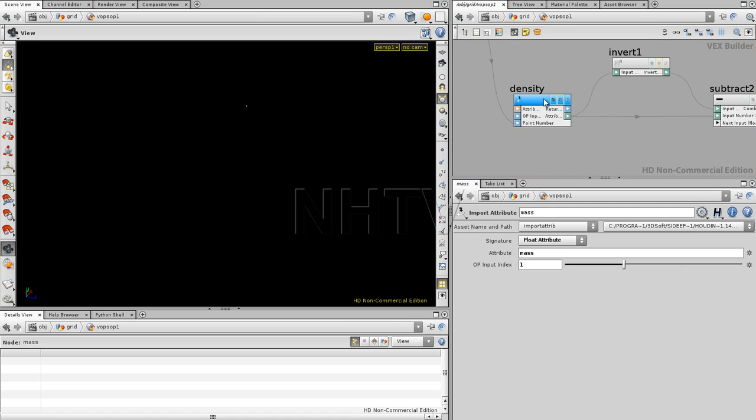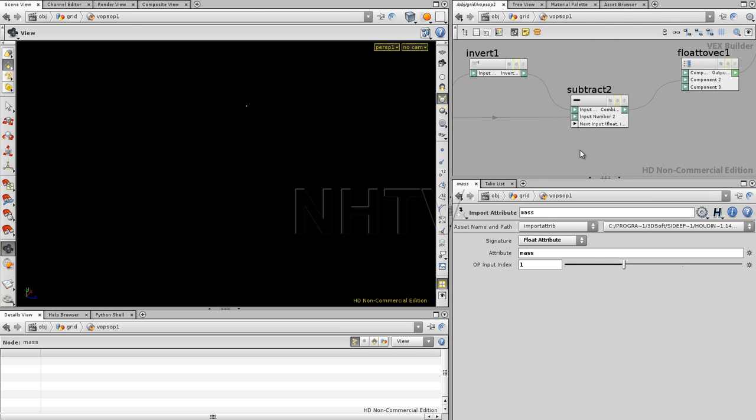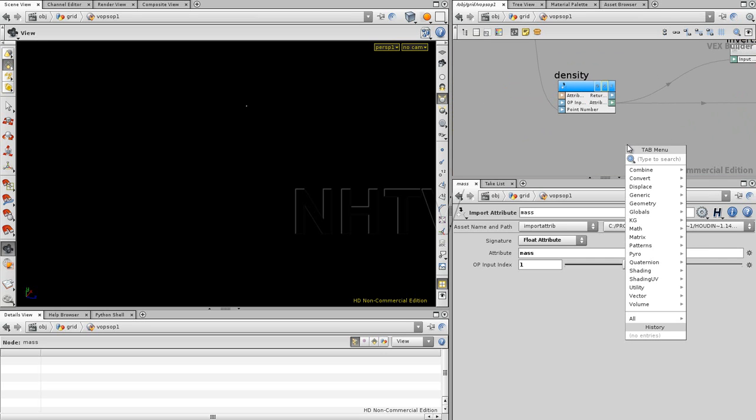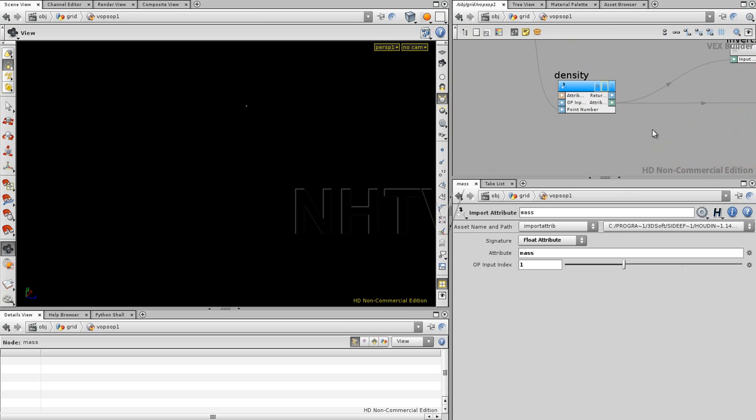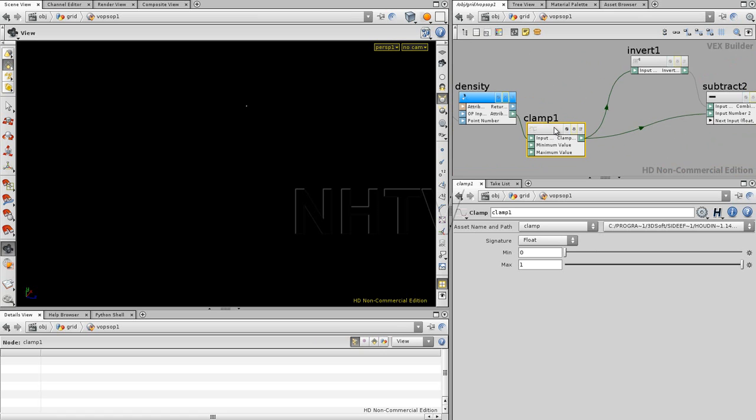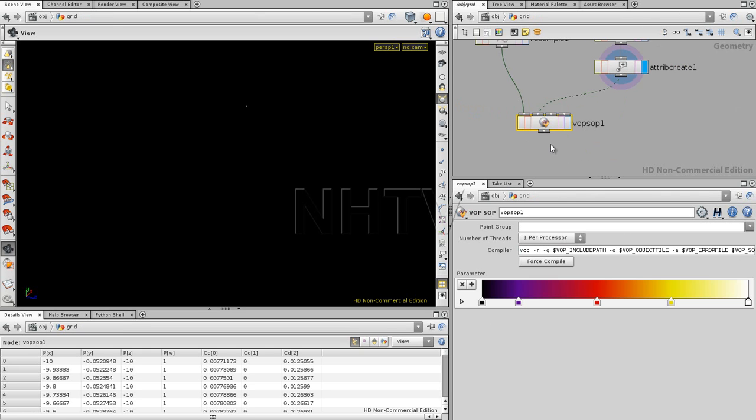Now there's one thing with the density. Remember that we only allowed for values between 0.01 and so on. So what we're going to do right here is clamp those values so that we never have some overshooting. If you use a clamping node, the minimum and the maximum, we can clamp it to 0.0001, something like this, and this one is going to be 0.9999, something like this. Okay, so if we go right up now and check our VOPSOP, I would expect to see something,